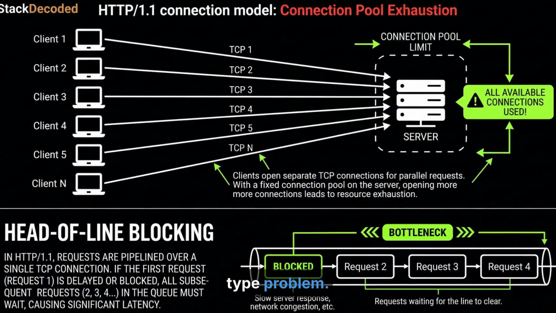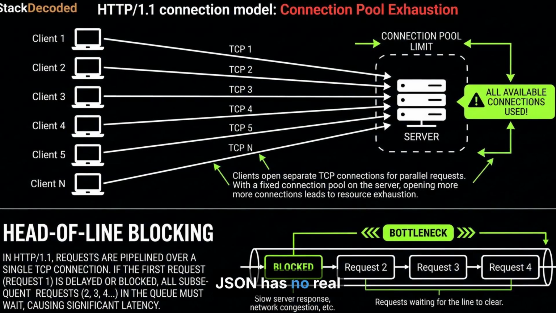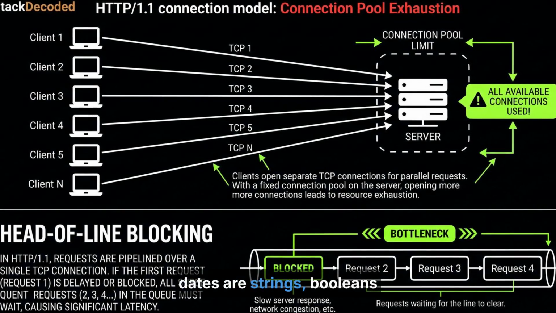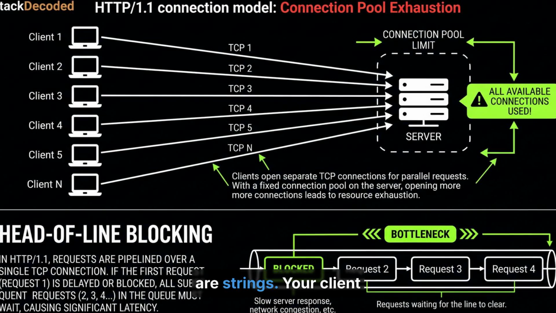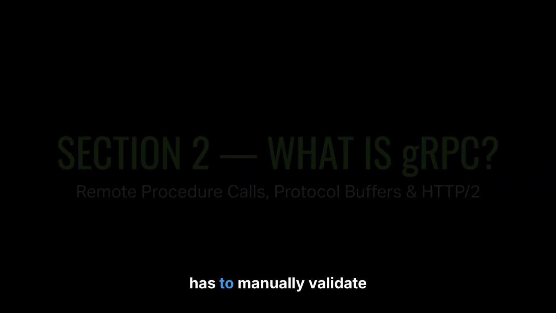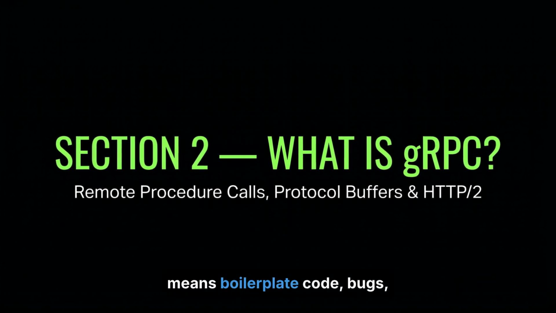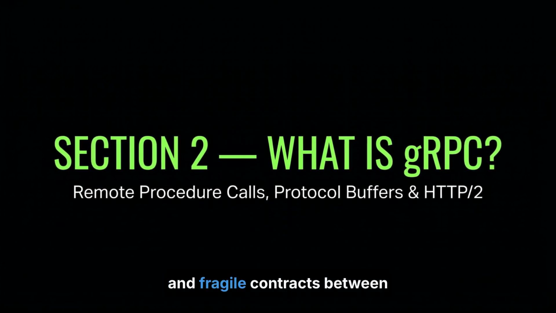Then there is the type problem. JSON has no real types. Numbers are ambiguous. Dates are strings. Booleans are strings. Your client has to manually validate and parse everything, which means boilerplate code, bugs, and fragile contracts